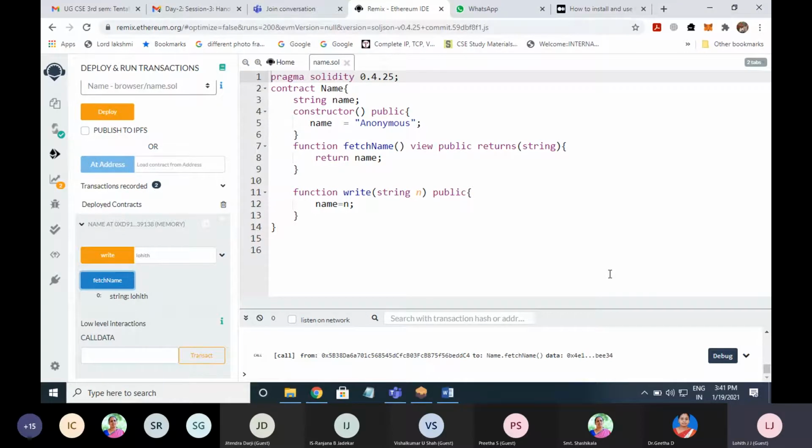I'll try to demonstrate that in tomorrow's session, so we'll take some programs which are vulnerable and see what types of attacks exist for that smart contract. I already installed the ONT tool, but I need to shift that to Ubuntu. We'll see either Zoom or Google Meet. As there are fewer participants, we'll try to use Google Meet. I think Google Meet we can use in Ubuntu or not, ma'am?